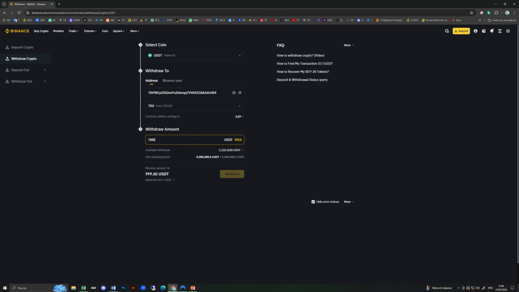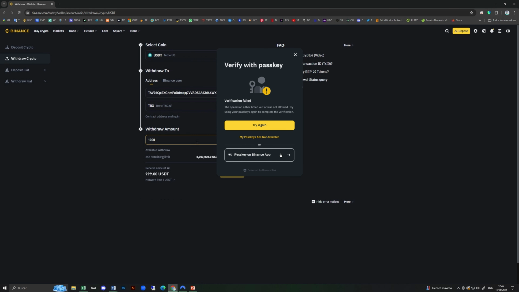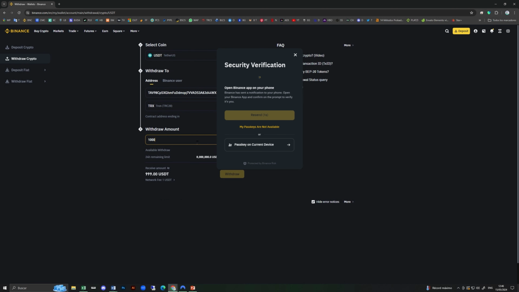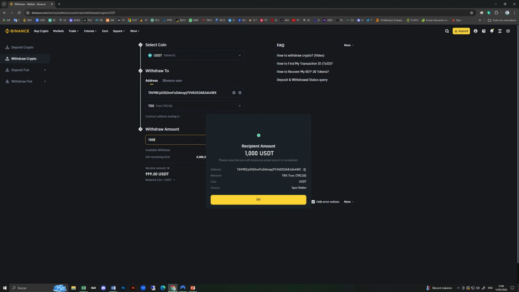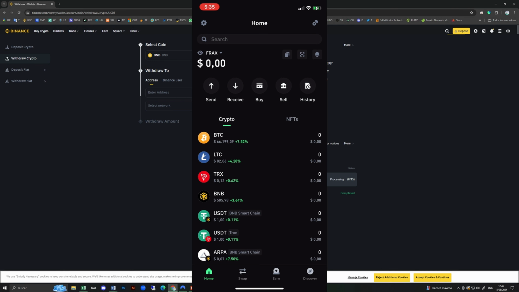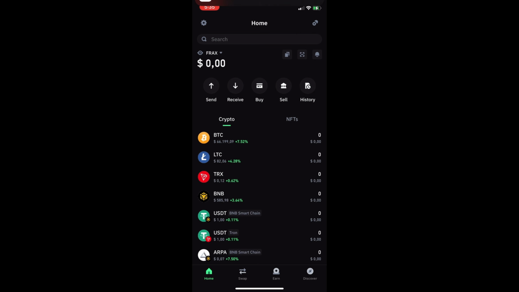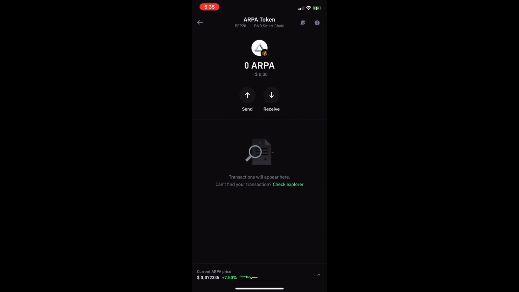So stay tuned. I'm going to transfer 1,000 USDT from Binance, where I keep my base cryptocurrencies, to Trust Wallet. Remember, you can also do this with a minimum of 100 USDT, so there are no excuses not to take advantage. Now in Trust Wallet, ensure that the ARPA coin is enabled. Take note of the current price, which is